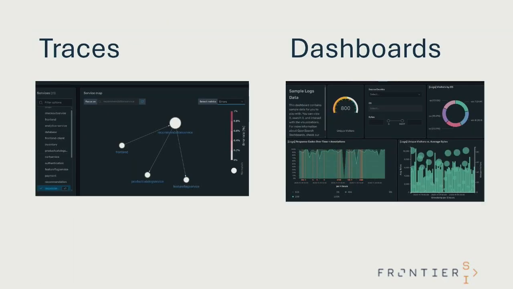So just a couple of images. On the left shows what the traces look like. On the right shows an example of what the dashboards look like with really beautiful visualizations. So I'll just